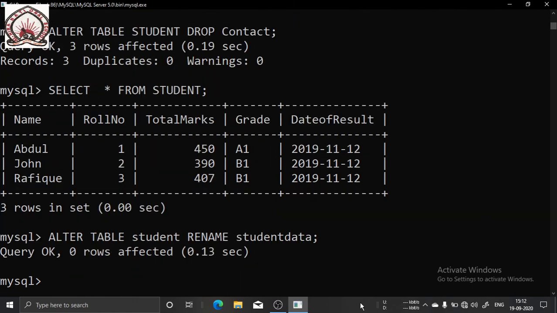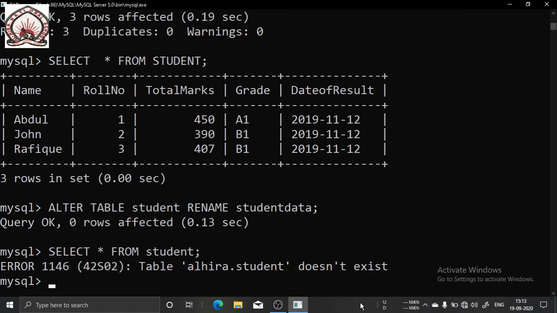Now you can check whether the name has changed or not. Suppose I give select star from, and the earlier table name was student.